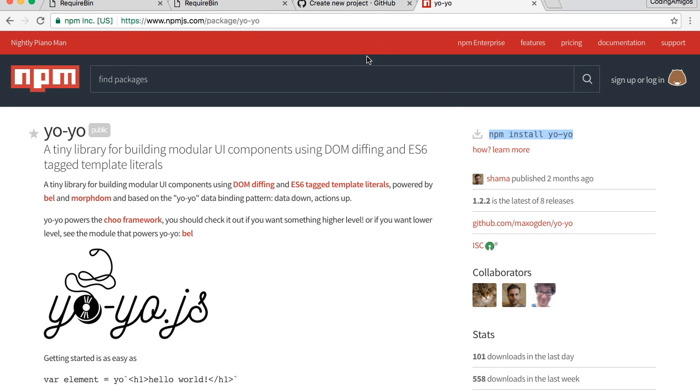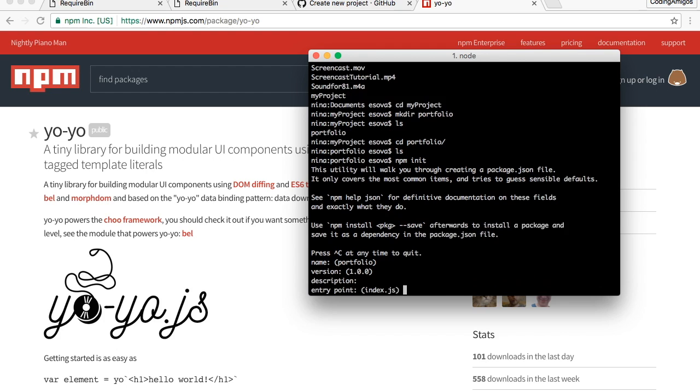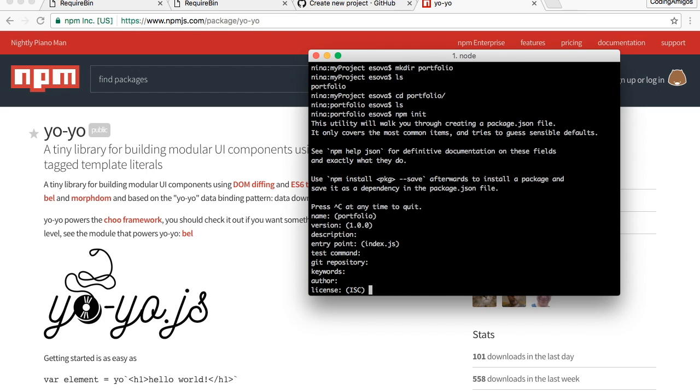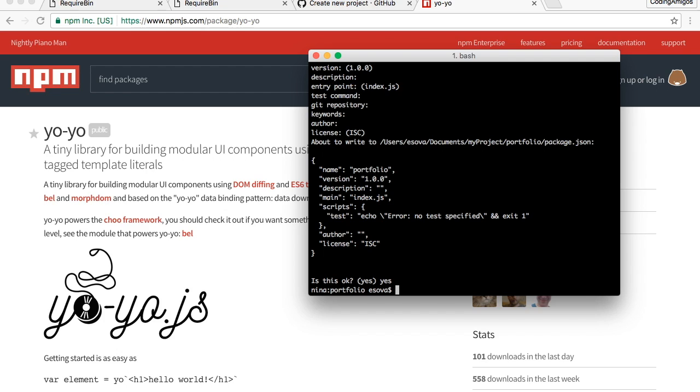So let's copy it and paste it inside of our terminal. When we init, we just have to click through all this, so we didn't finish, and now we finally initialized our npm. So now we can download our first npm module. So npm install Yoyo,